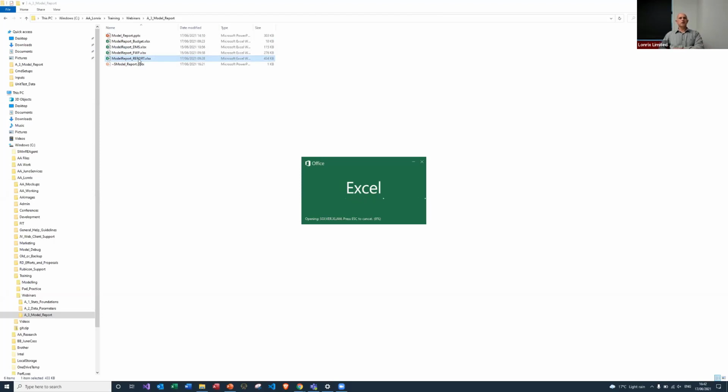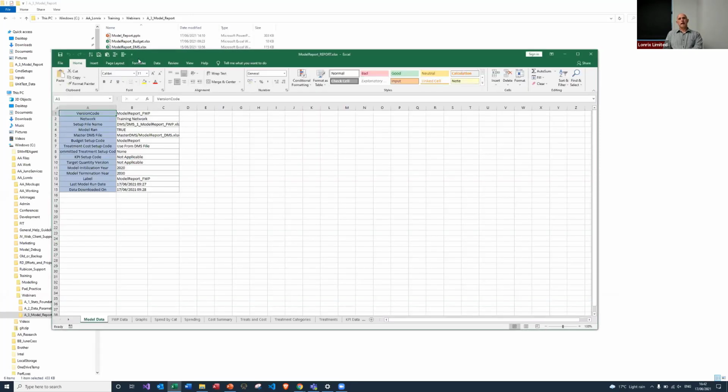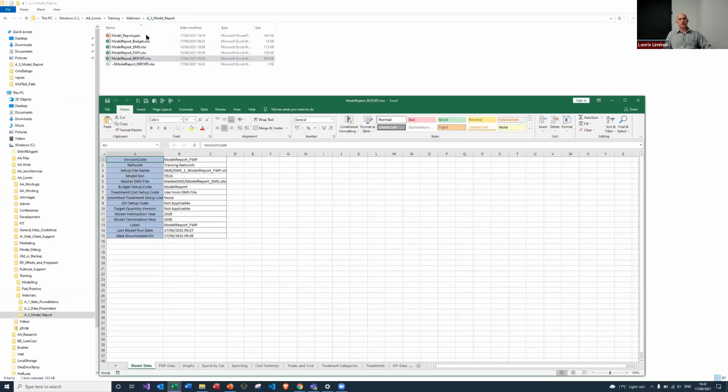So what I'm going to do is to just walk you through some of the features, and then I'm going to tell you which of those features you can modify. And I will open the DMS file, which is the other one that was sent to you. That's this file over here. And then I will explain how these two files are linked in that way. So let's just go through the